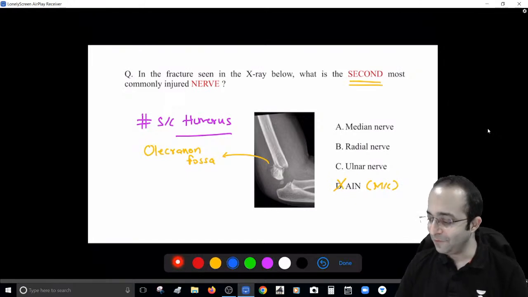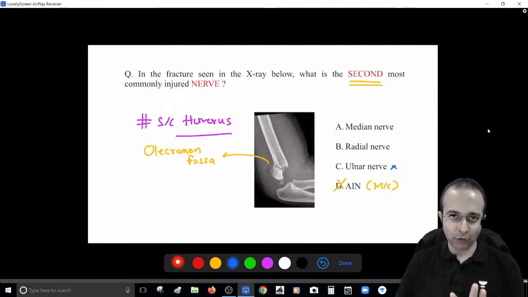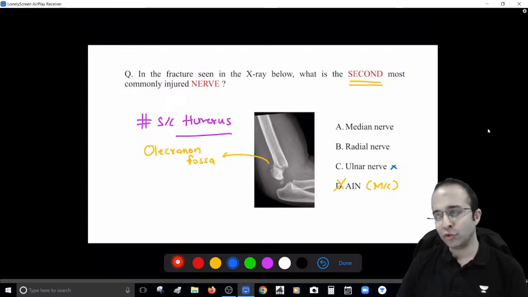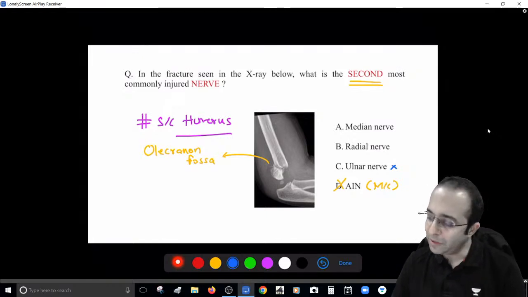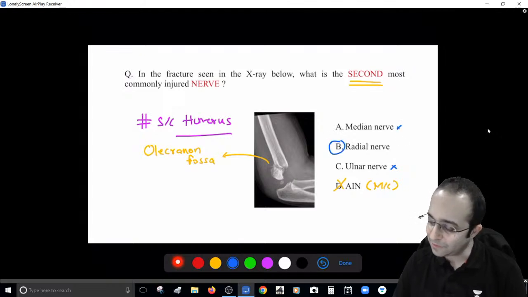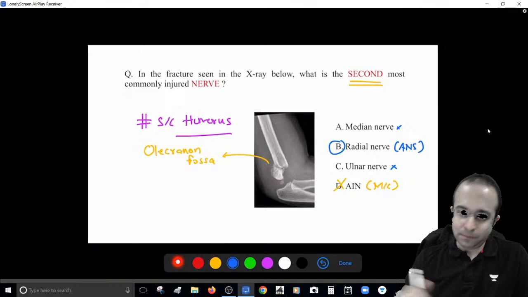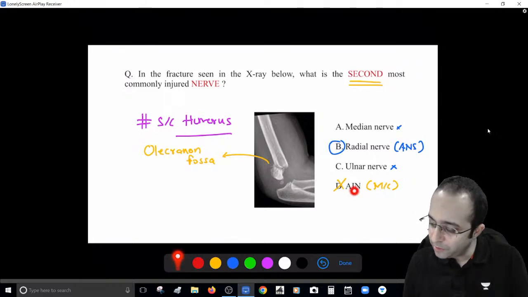Okay, ulnar nerve? No, I won't say ulnar nerve. Generally in operated cases, ulnar nerve can be involved, but not in fresh fractures of supracondylar humerus; it is rare. Median nerve? No, I won't even say median nerve. I think this is the best answer: radial nerve. You will understand this answer if you understand how AIN is involved in this